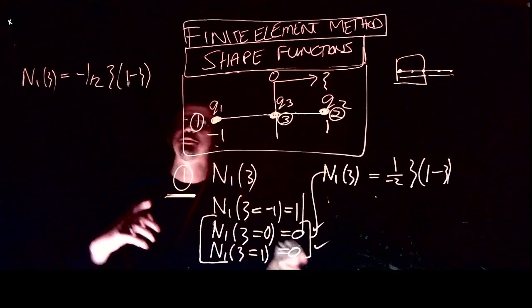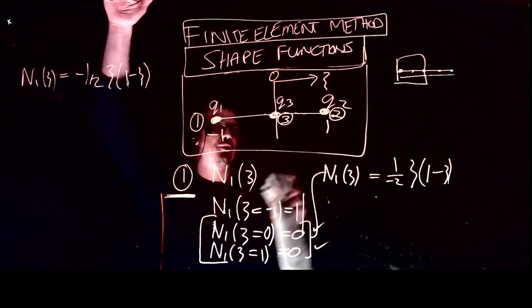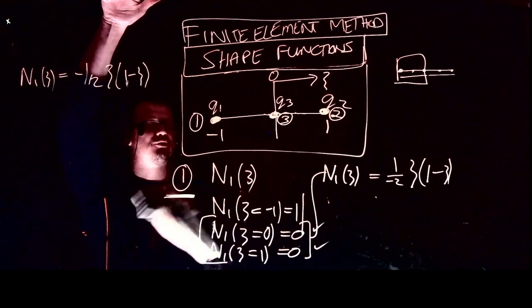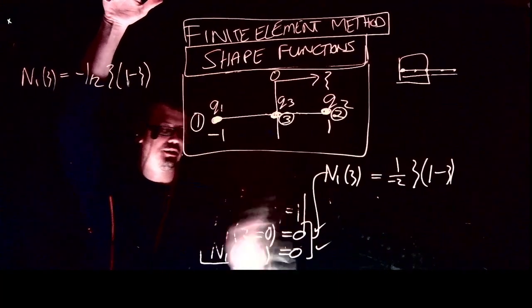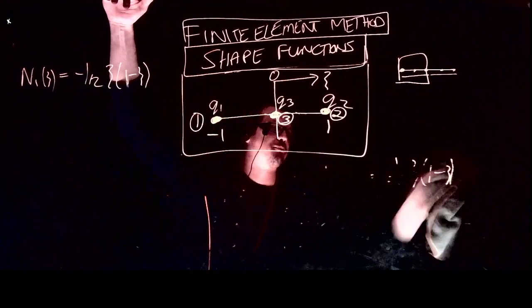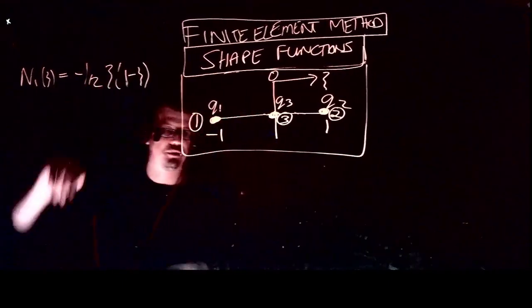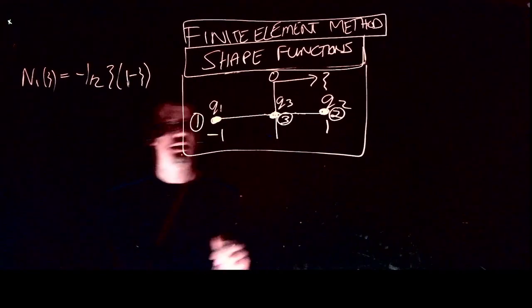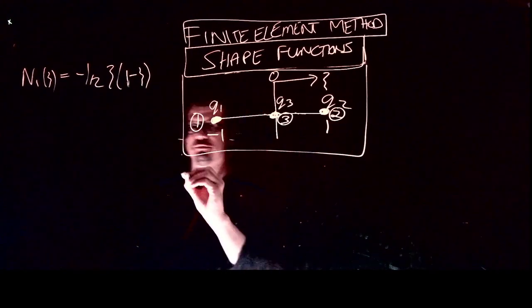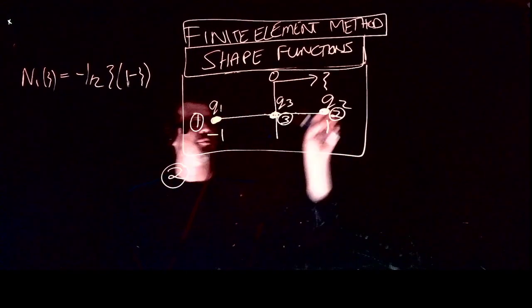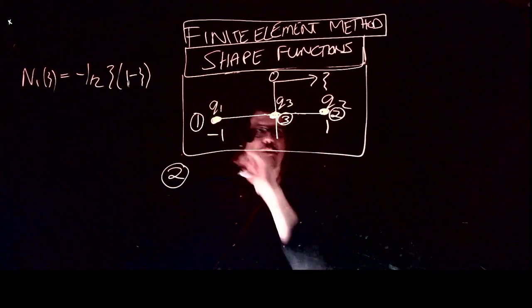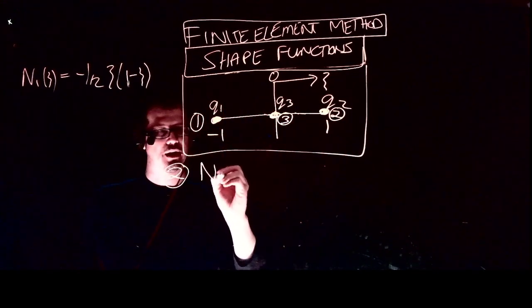Okay, so this was N1 that we got out. Let's go and do N2, and then we can do N3. Let's make sure we apply the same principles to N2, and we learn the same principles. I'm going to leave that there, and now let's say node 2. Information Q2 we want to propagate over the spatial domain, but we want to make sure that N2 is